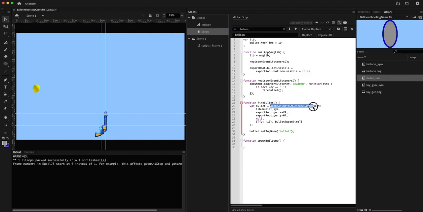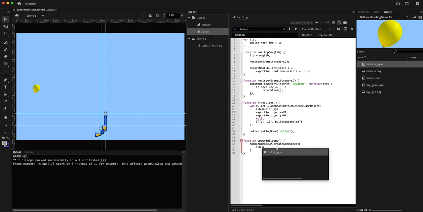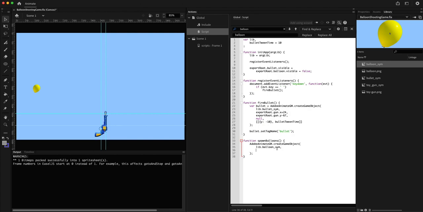We are going to use the same function, and the name of the symbol is this one, balloon underscore sym. So it's going to be lib dot balloon underscore sym, and then x position, y position,